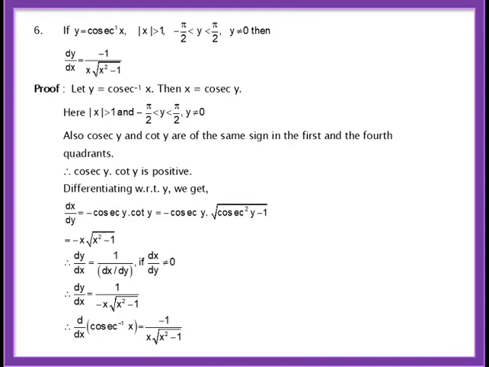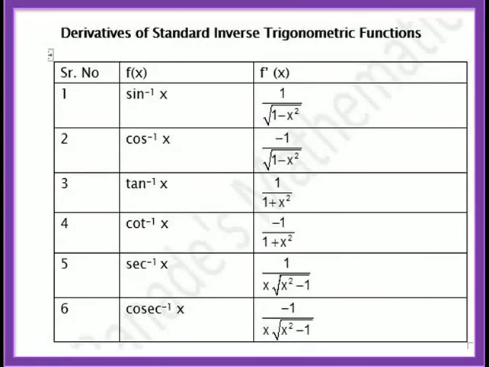Here again the observation is, if the inverse trigo ratio spelling begins with c, then you will notice that the derivative is negative. Now this table is important. Here I have listed all 6 standard results. Before you actually solve sums on this particular topic, you should learn these results by heart. Otherwise, every time you will see what is the derivative of sine inverse x and what is the derivative of tan inverse x, that will not help.